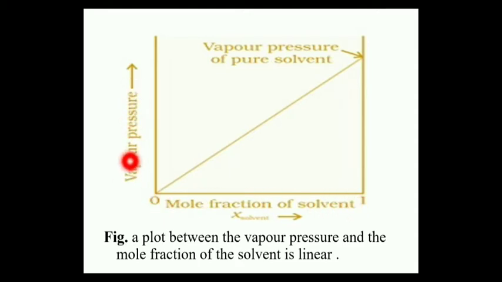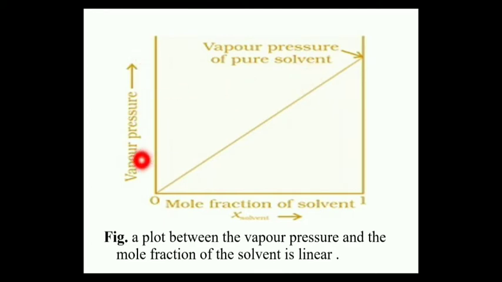That is, P1, the vapor pressure of the solvent, when it is plotted against X1, which is the mole fraction of the solvent, we get a linear plot. We get a straight line graph, right? Since we are plotting vapor pressure against mole fraction, we know vapor pressure of the solvent, that is P1, is directly proportional to the mole fraction of the solvent X1. So when vapor pressure increases, the mole fraction also increases because both of them are directly proportional to each other. Okay, so we get a straight line plot, and from this linear plot, we obtain the vapor pressure of pure solvent as well, that is P1 naught.